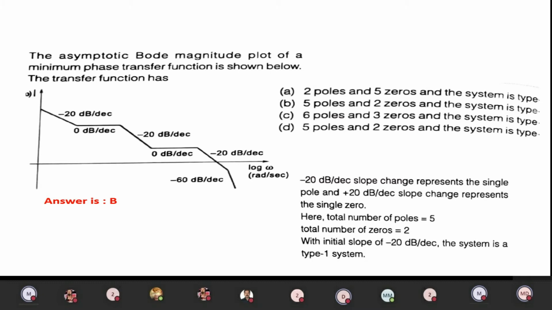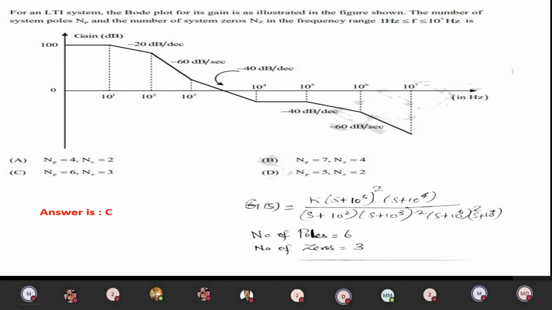Now another pole is there, so three poles are included, with two zeros. Then you can see minus 60, so minus 40 is added, then only the slope comes to minus 60 dB. Therefore a double pole is added. Already three poles are there, so a double pole means five poles and two zeros. So the option is B. That will be the correct answer. Five poles and two zeros are available in the system. So this is how we simply solve the problems. Then we can go for the next problem.